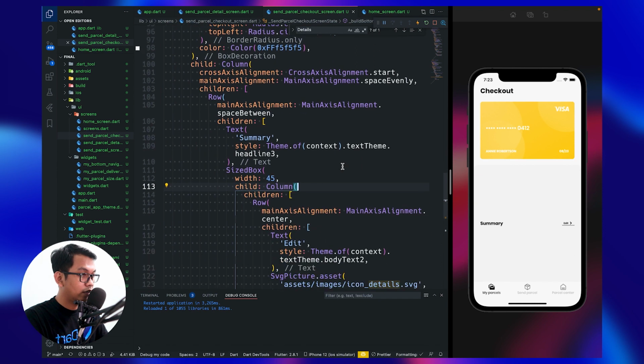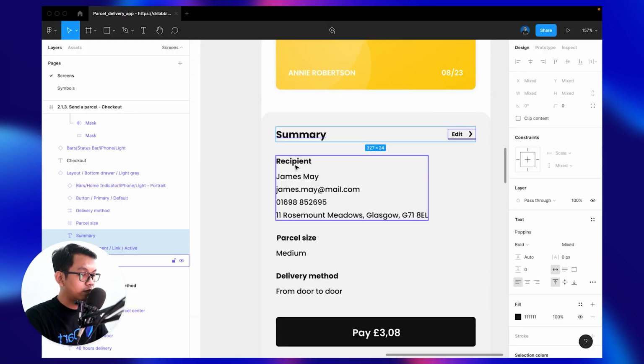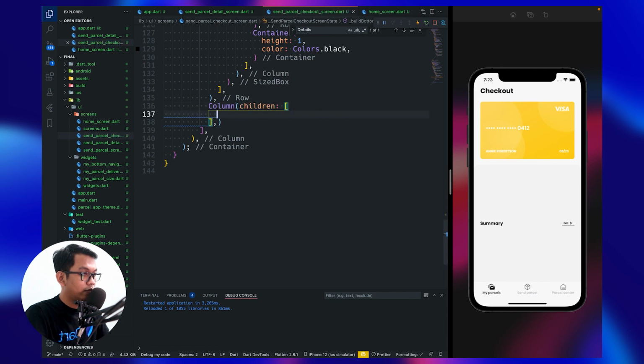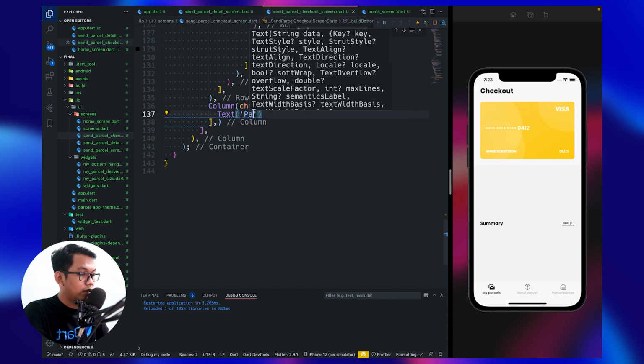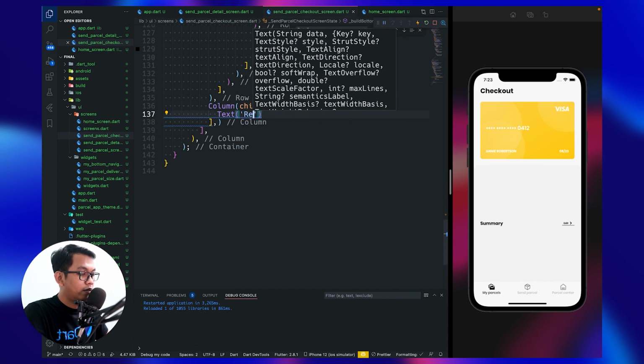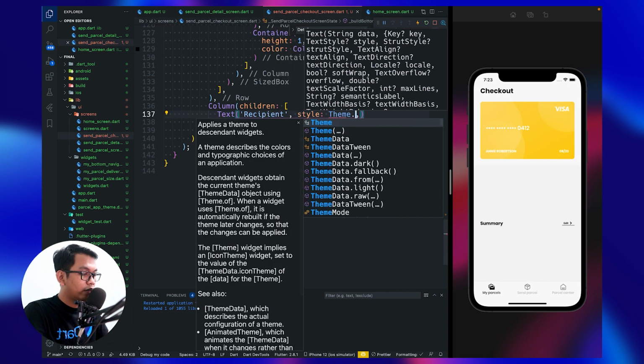And the next is below of our row widget. Here we add another column widget for this, this, and this. So the first is we need to call text, and we say parcels recipient. And for the style, we use headline 4.